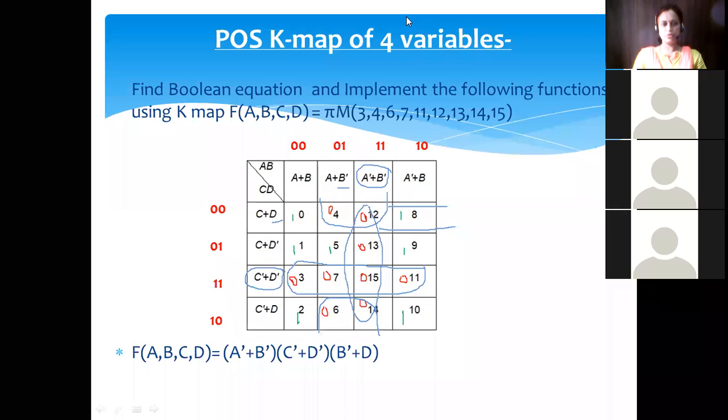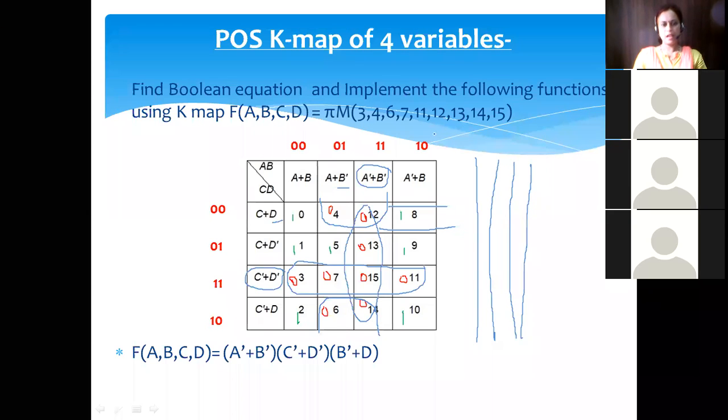This is the way you can form a quad, solve the K-map equation, simplify it, and further implement it. So let us see how to implement it. In this implementation you can see each variable is coming in its complemented as well as uncomplemented form. So let us see how we can draw the circuit. We have 4 variables, so let us consider 4 lines in this manner.